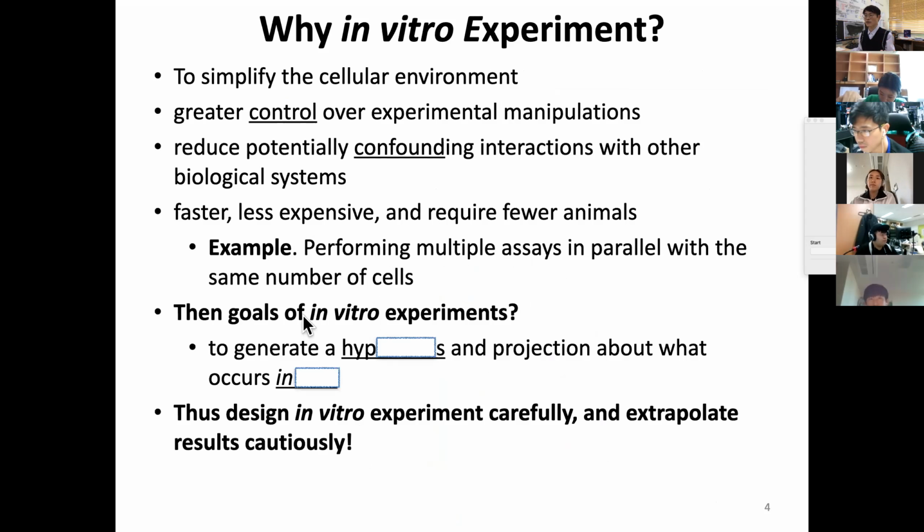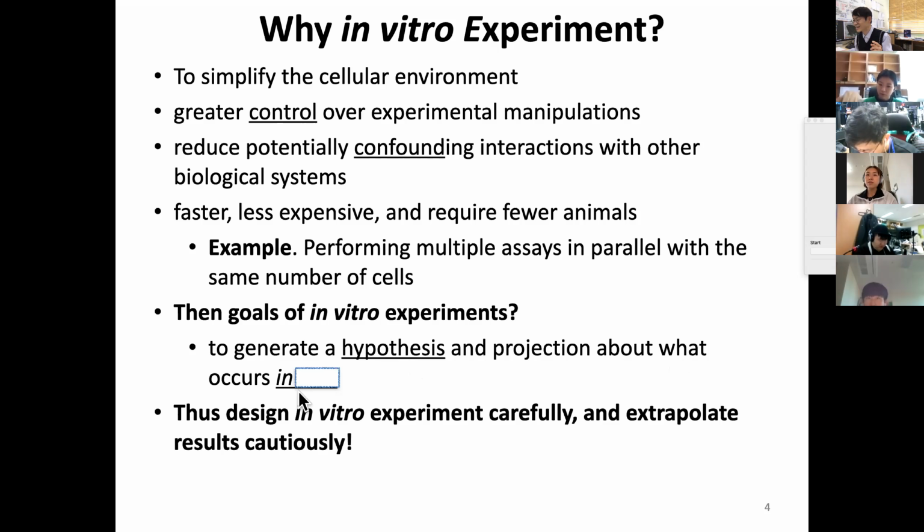Then what are the goals of in vitro experiments? Okay, to generate a hypothesis and projection about what occurs in... So Min-sung, can you try what this means? Hypothesis. I can't hear you very well. Hypothesis. Okay, yeah, I understand. Hypothesis, yes. Projection about what occurs in